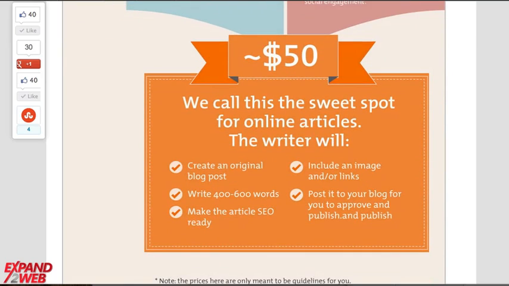It's around $50. Now, you're not going to get everything I talked about in that right-hand column, but you're going to get a well-written article. This person's going to know something about SEO. They're going to make it grammatically correct. They might link to other parts of your website or include an image, but some minor amount of research is involved. So this isn't an absolute. I'm just saying it's around $50 for a typical blog post. If you want something longer, more research is involved, it's going to cost you more.